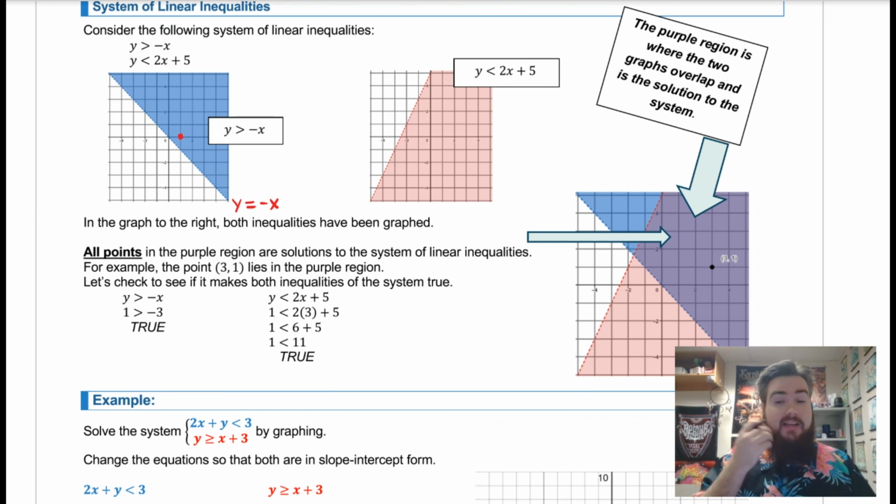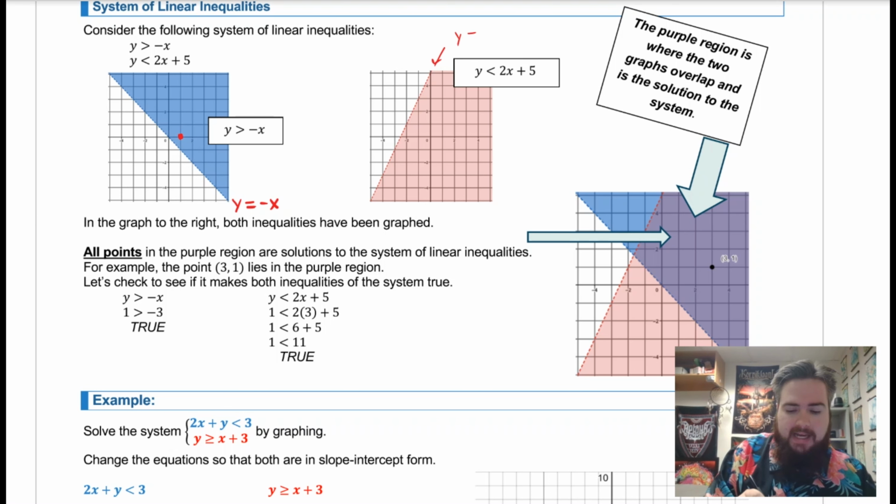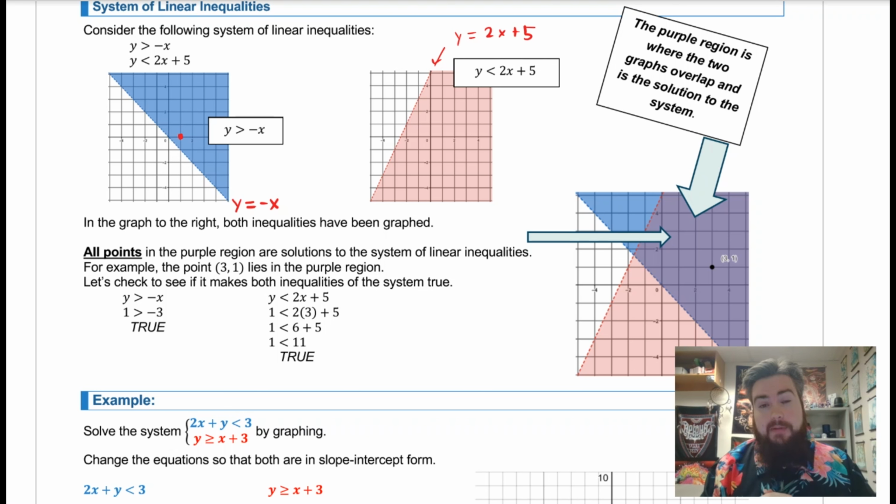Same thing for y less than 2x plus 5. We have here a line drawn at y equals 2x plus 5. Again, dashed, however, because we do not have those values included. And we have the half plane to the right of it that is shaded, and we can test that by testing something like (0, 0), and seeing if that point would satisfy this inequality.